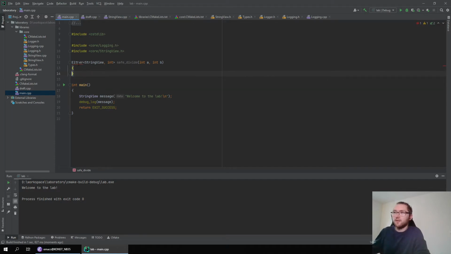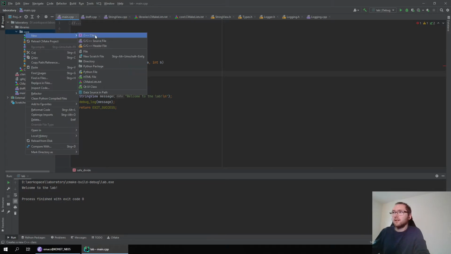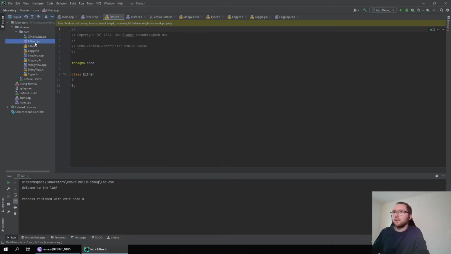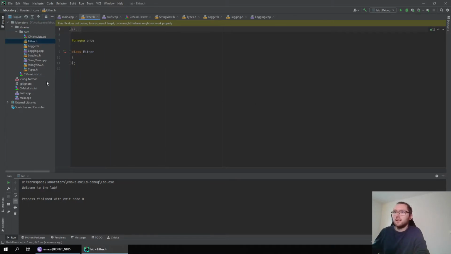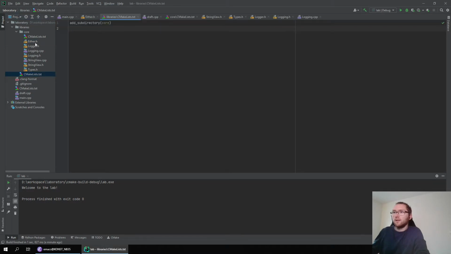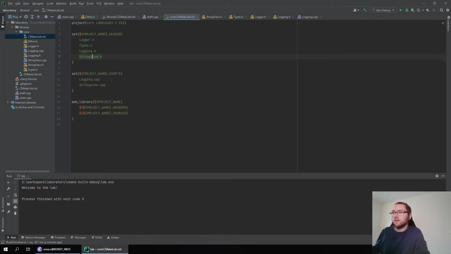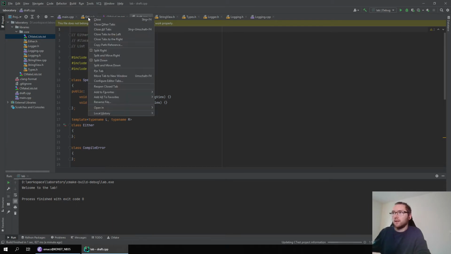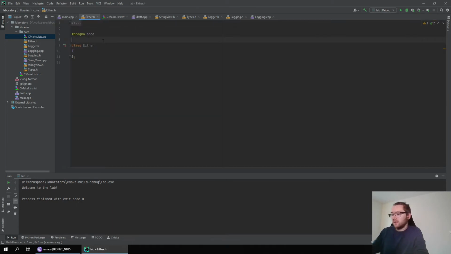So first of all, I would like to add a new class, which I'm going to call either. I think I don't need the C++ file. And now I'm adding it to our CMake, just to keep things tidy and consistent. It is, of course, a template class, with L and R for the left and the right type.